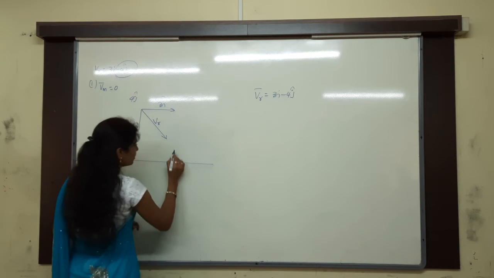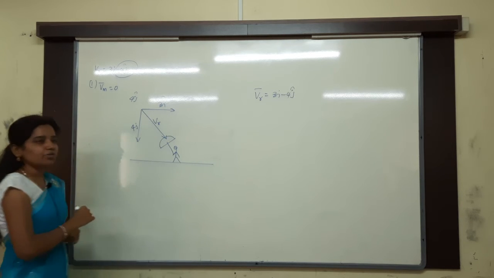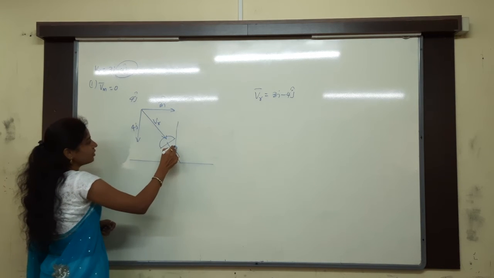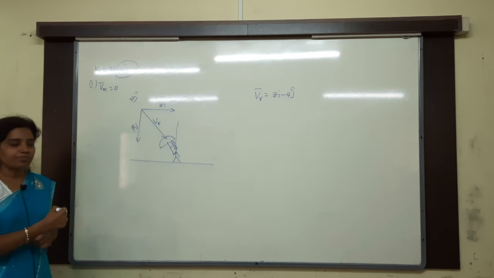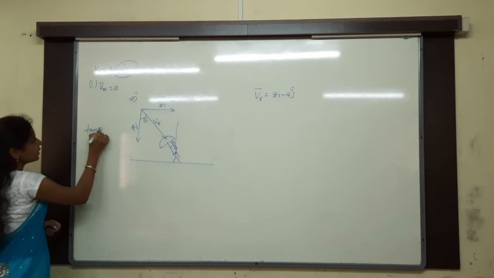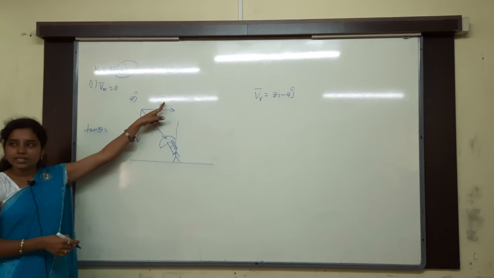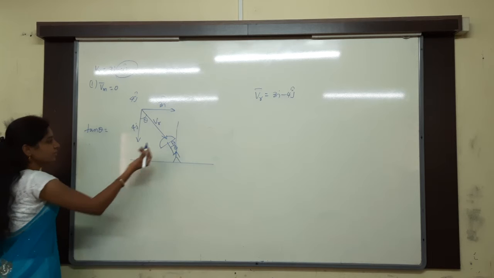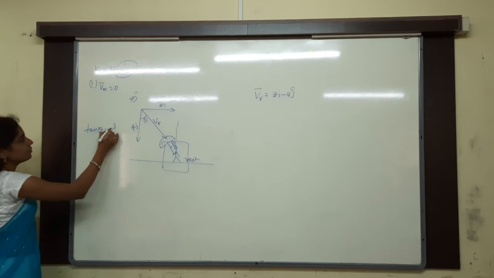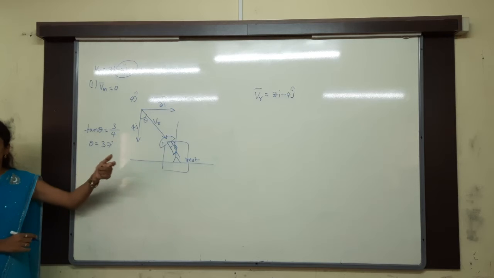Now the man is standing on the earth. Man is standing on the earth and then he is holding the umbrella. At what angle he will hold the umbrella? That is what question they are asking. So at what angle means you have to take angle with, always what I said, with vertical only. If this is theta means this is also theta only. Then tan theta is equals to what I can write? Opposite by adjacent. Who is opposite here? For theta who is opposite? 3 is opposite. Adjacent is how much? 4. By the way, he is at rest. He is not moving anywhere. So that 3 by 4. So that theta is equals to how much? 37 degrees. Clear?